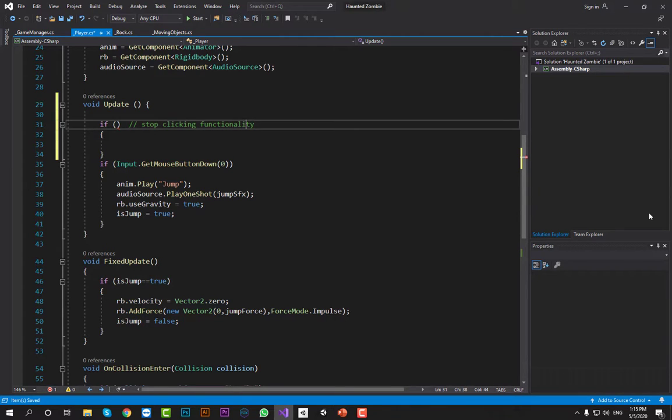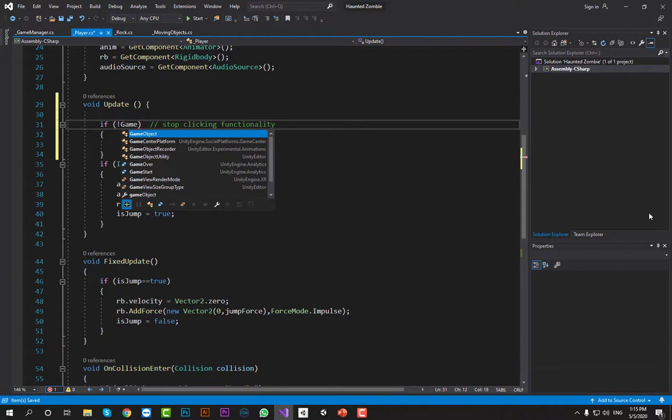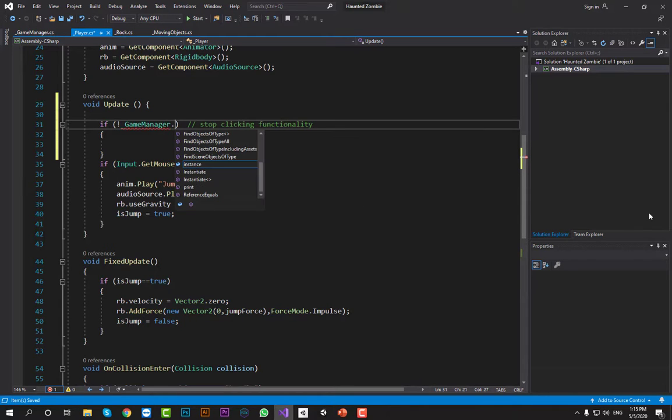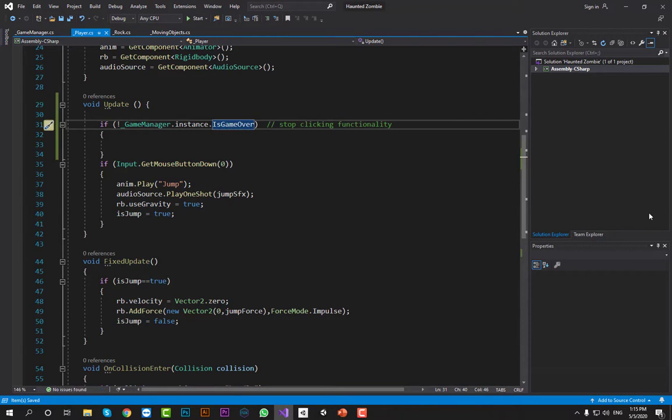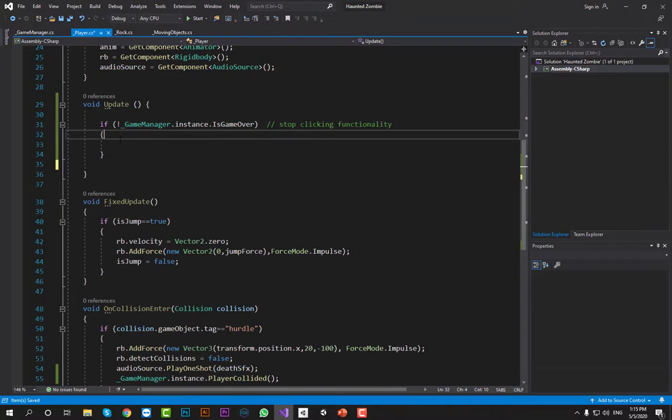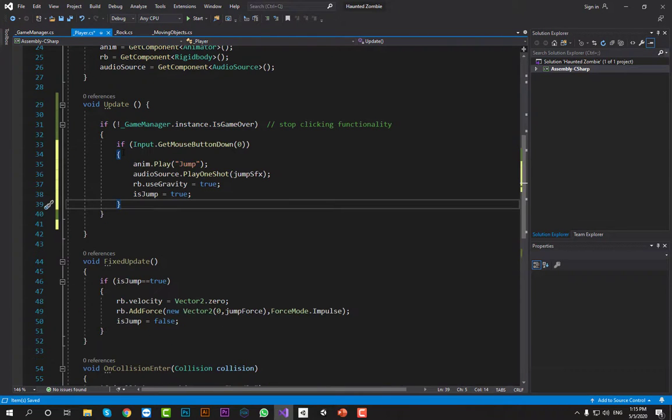So what I have to do, if game manager dot instance dot is game over, means if game is not over, then the player can click, otherwise the player cannot be clicked. So that's the clicking functionality we have done here.